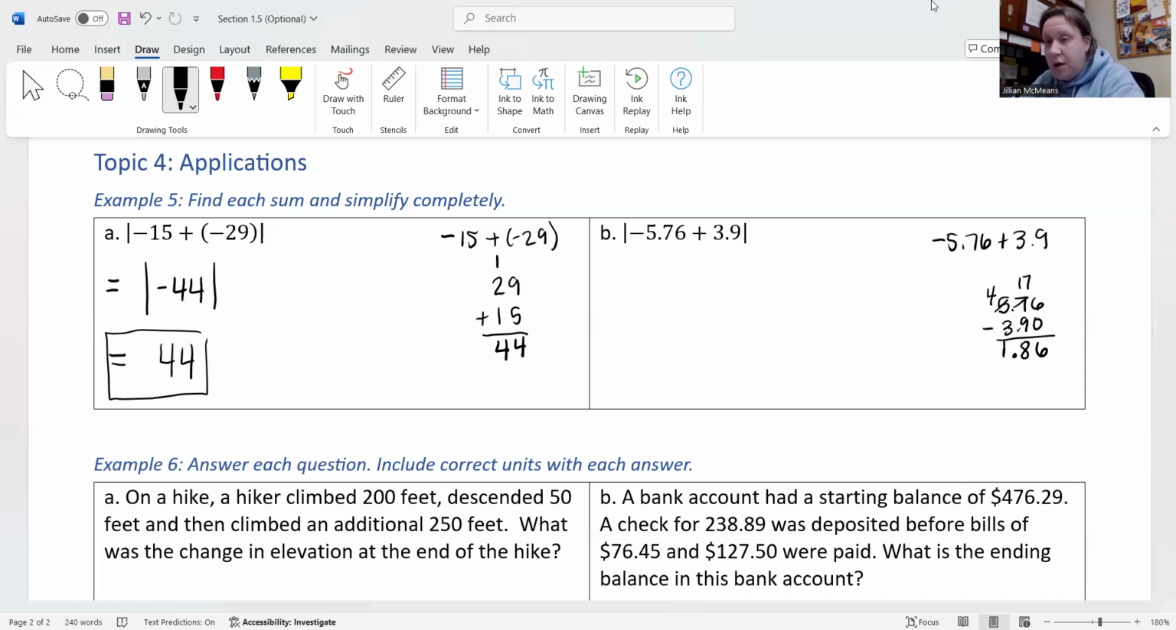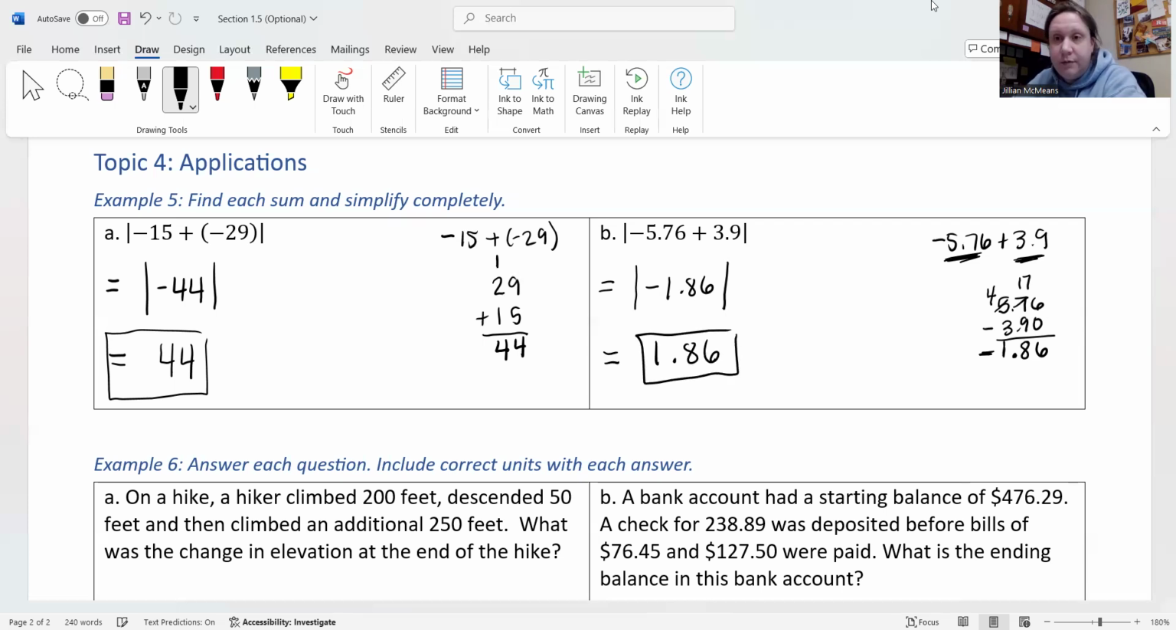So I go back to the two numbers I started with. I have 5.76 negatives. I have only 3.9 positives. That means I have more negatives, which makes this final answer negative. So coming back over here to the absolute value, we have the absolute value of negative 1.86. Well, negative 1.86 is 1.86 units to the left of 0. Even though it's to the left, we still say it's a positive distance. So this would equal